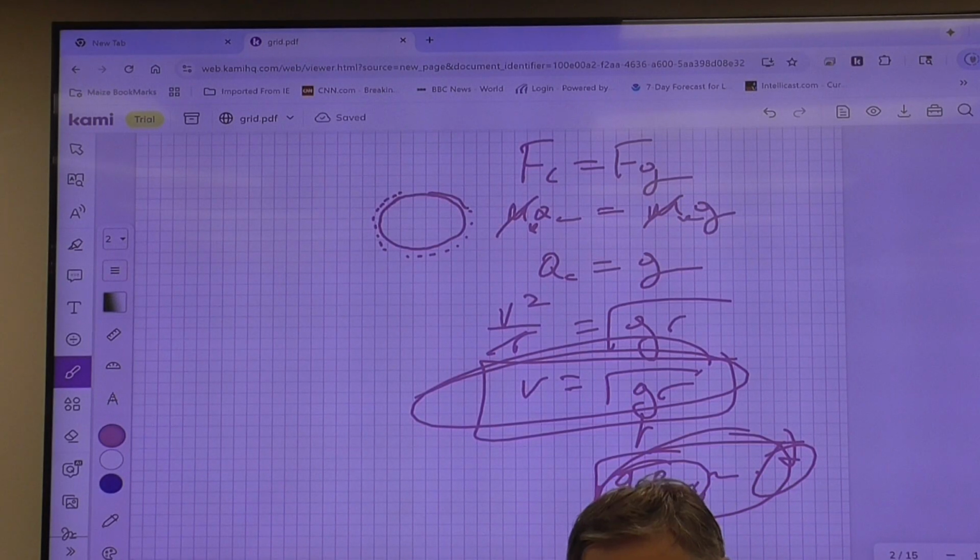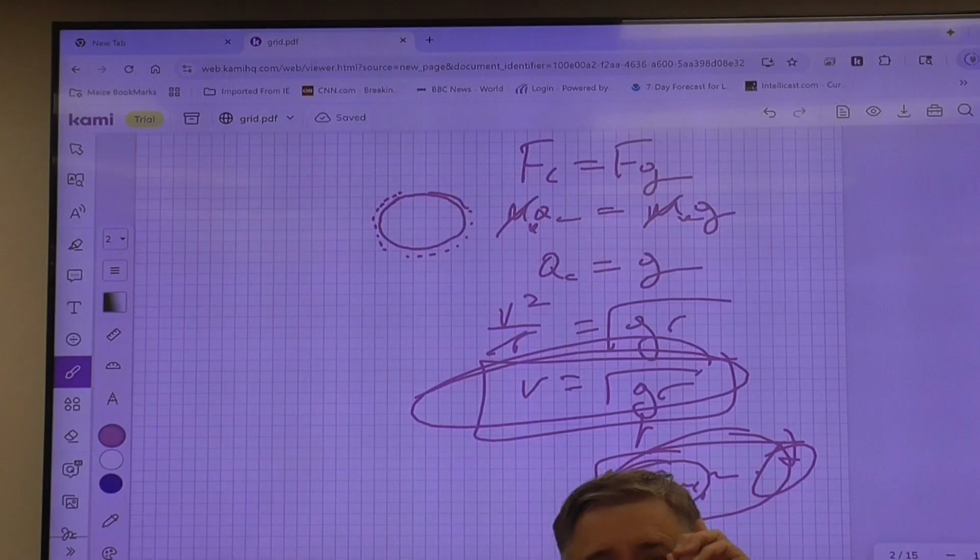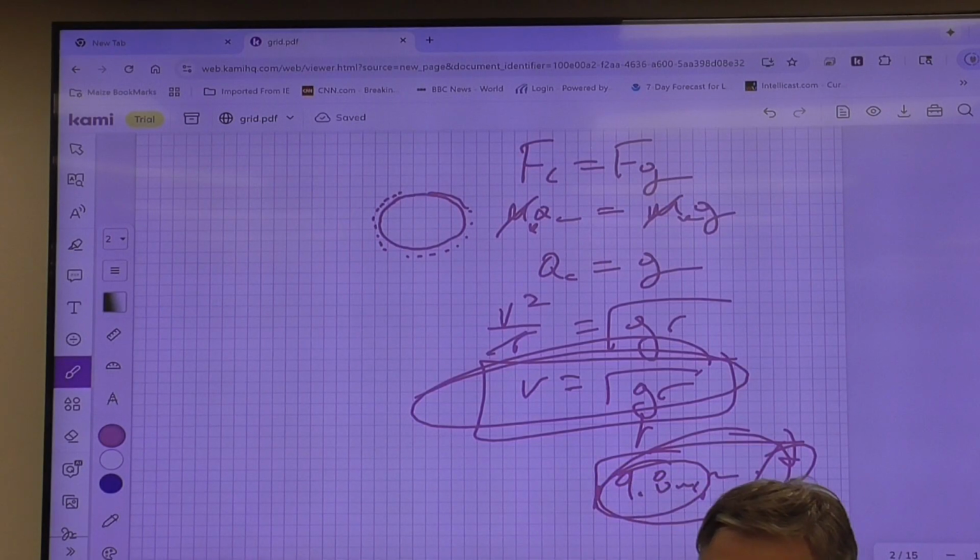But it's limited to something that's close to the surface, all right? And you would be told that, hey, something's orbiting close to the surface. Okay, so if you look at this historically where we're at,